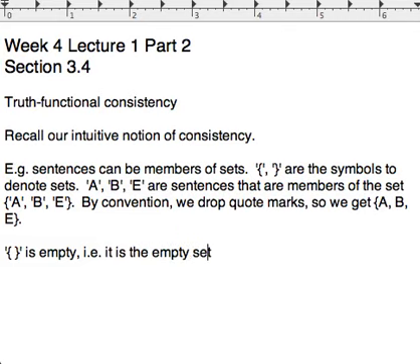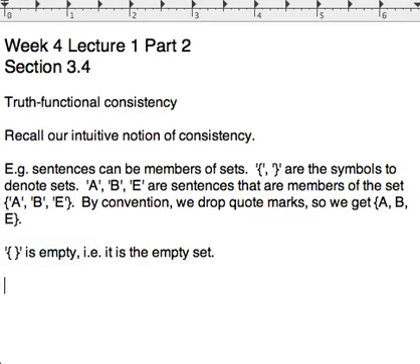is the empty set. And there's also a different kind of notation, where you have a circle with a strike through it. That's also sometimes used to denote the empty set. Okay, so now with sets as a formal tool, we can